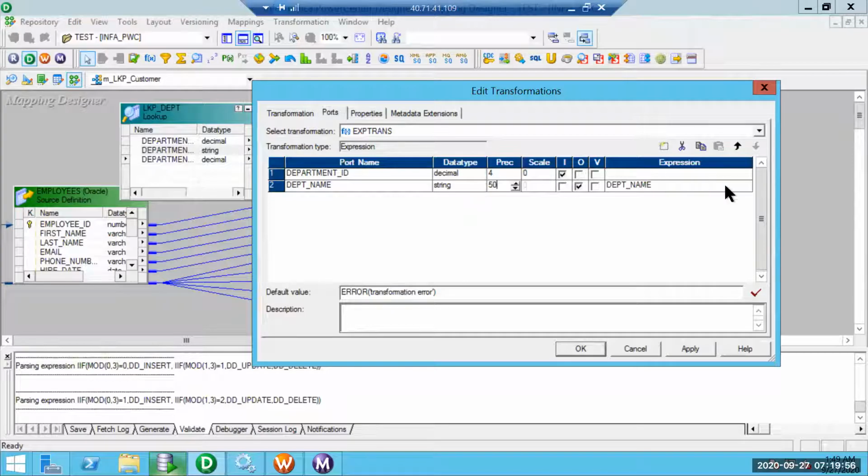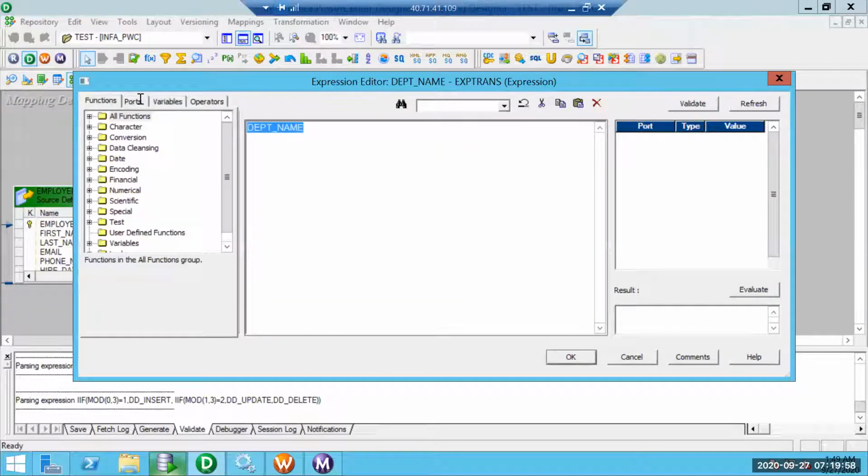I am defining string. So how to invoke an unconnected lookup transformation: if we go to functions under lookups, if we don't have any lookups, we will not see this visible. So you may find other lookups also, but make sure that you are using only the unconnected lookup. The syntax would be colon LKP dot lookup name. Colon LKP is a must. Colon LKP is like we are invoking a lookup transformation, and this is the name of the lookup. And then the number of ports.